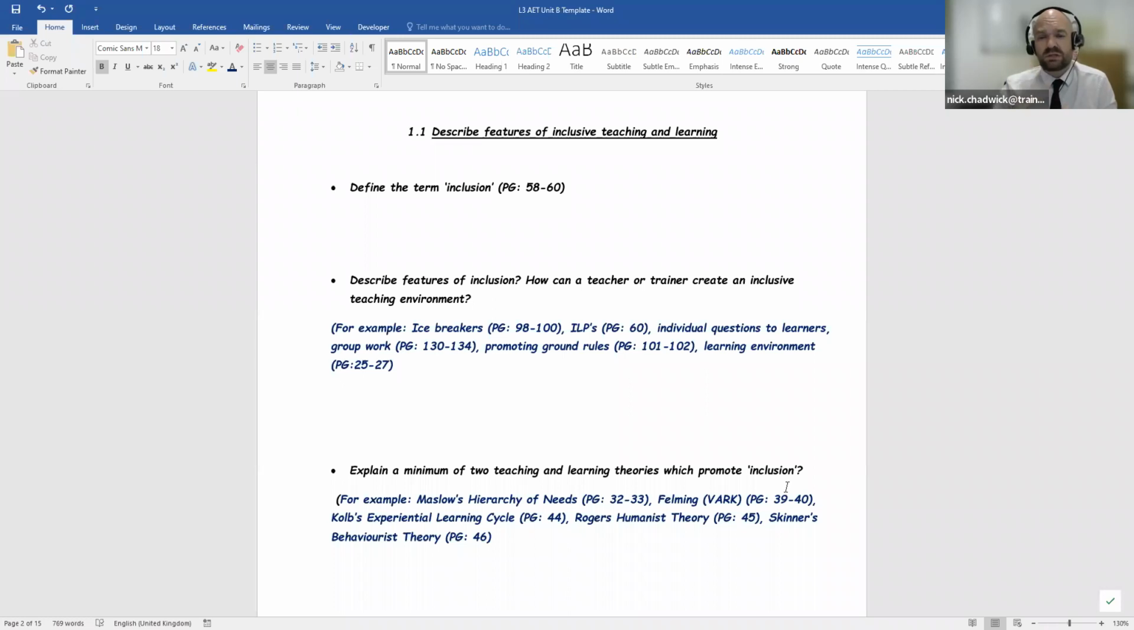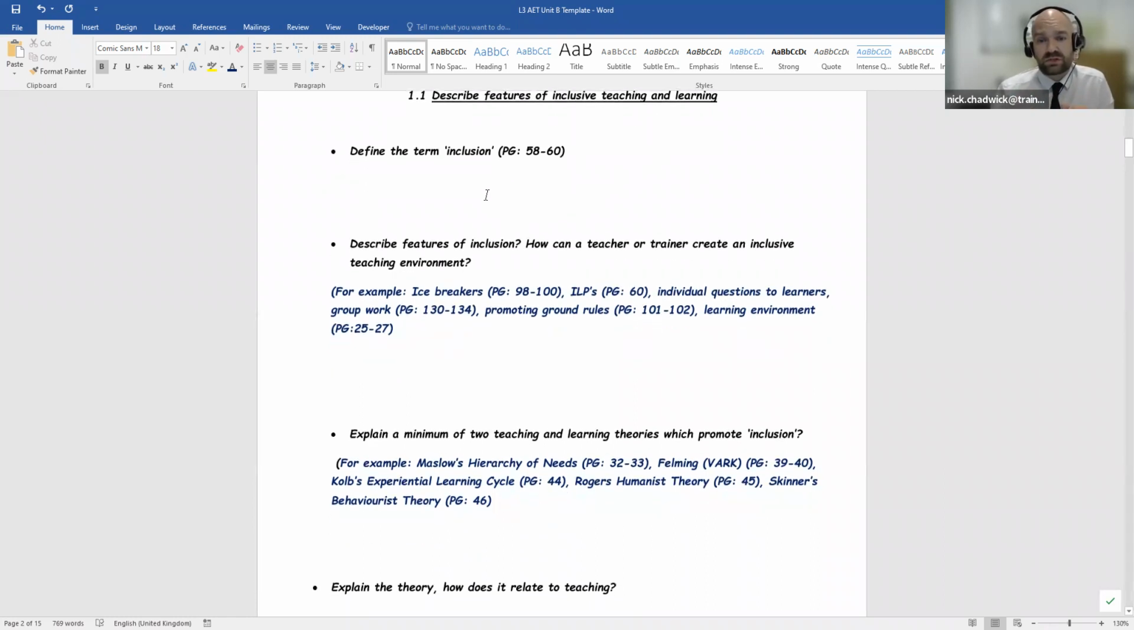Okay, so we're going to tackle criteria 1.1, which is describe features of inclusive teaching and learning. What we need to do to start off this first assignment question is to define the term inclusion. So what does that mean? Within the textbook, pages 58 to 60 is going to give you some clear guidance on what inclusive